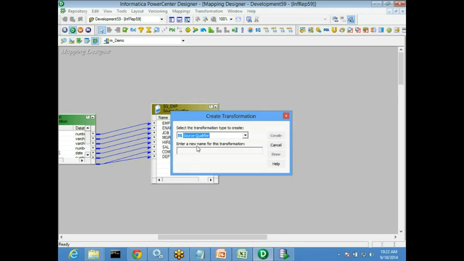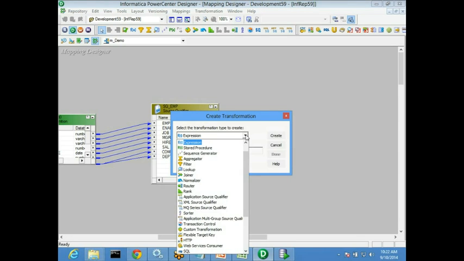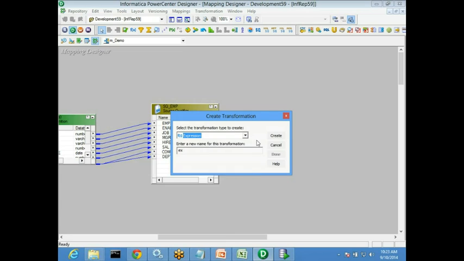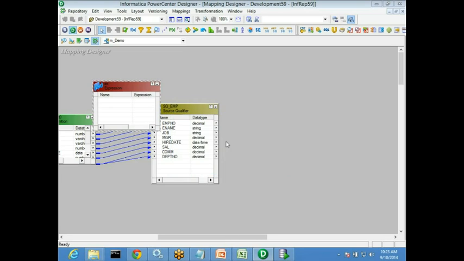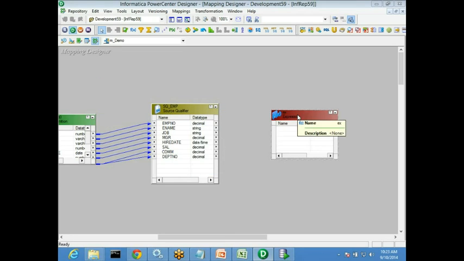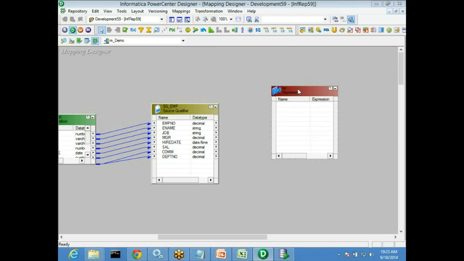Here in Informatica you will have something called transformations. All transformation means ready-made code put in a graphical form. You don't need to write anything, it's all kind of rangoli colors only. Okay, so I'm picking up one transformation. Again, this is also a graphical box, coloring only. Okay, so now